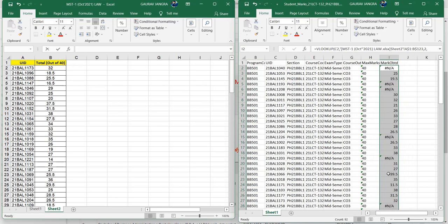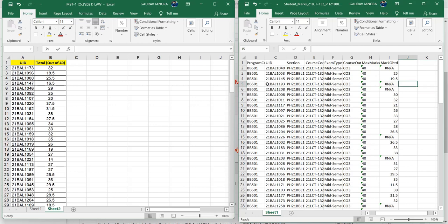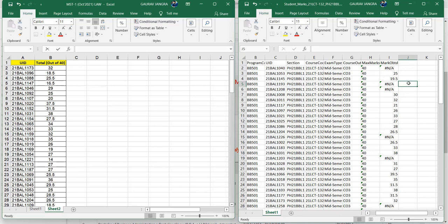If some marks are available in another sheet, you can open the other sheet, and you can create one more column here, and the pending students' marks will also be reflected here. For example, this student's marks are not available in this sheet, but will be available in the other sheet. So you can open the other sheet and apply the same formula, and drag it down the same way. So if, for example, this student's marks are reflected here, you can write them there. Okay, so like this you can